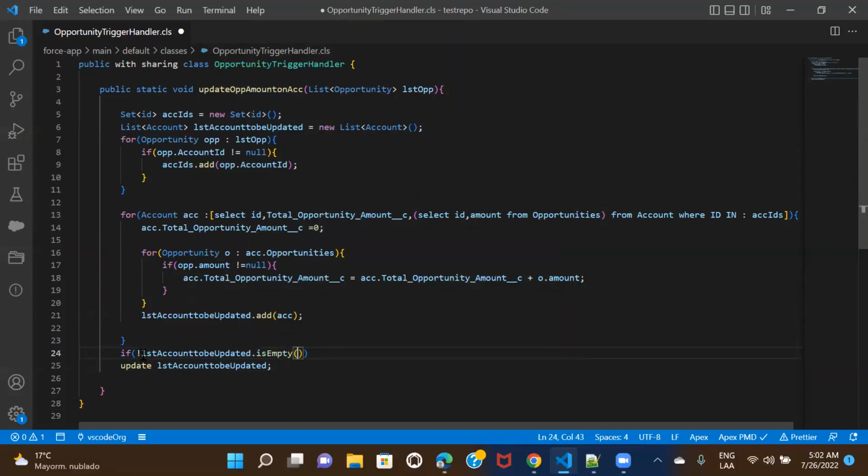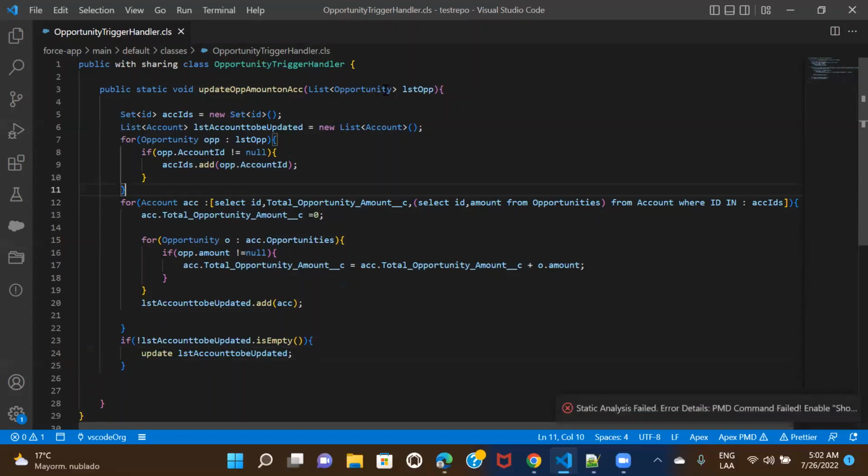I put a not check, right? So it is empty and then not. If it is not empty, then only perform the DML. So let's just keep it inside. And that's it. Okay. What we did, whatever opportunities that we are getting, all we have done is we have